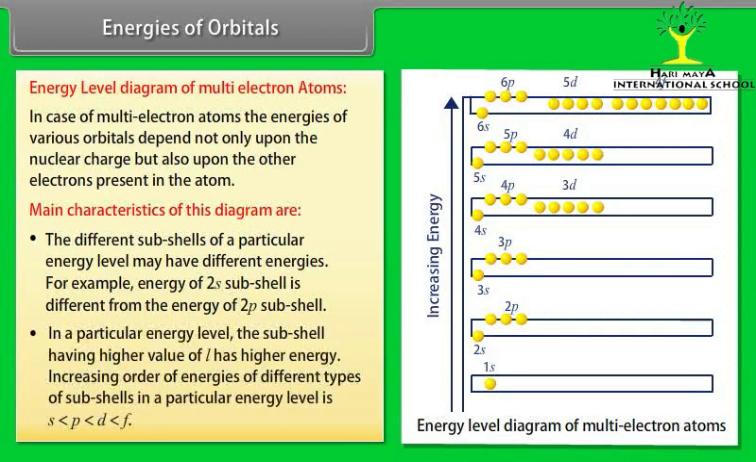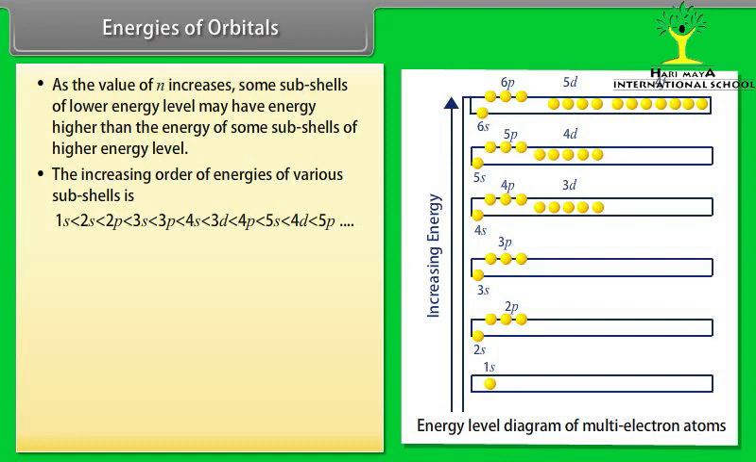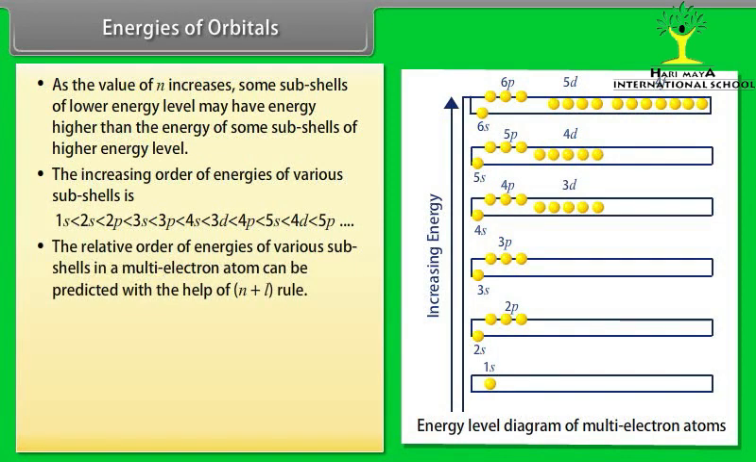Number 2. In a particular energy level, the subshell having higher value of l has higher energy. Increasing order of energies of different types of subshells in a particular energy level is: Number 3. As the value of n increases, some subshells of lower energy level may have energy higher than the energy of some subshells of higher energy level. Number 4. The increasing order of energies of various subshells is: